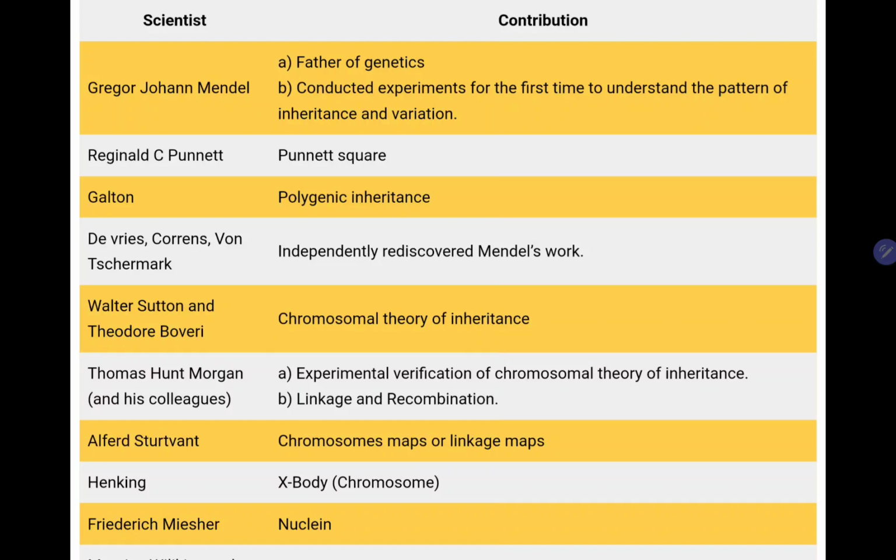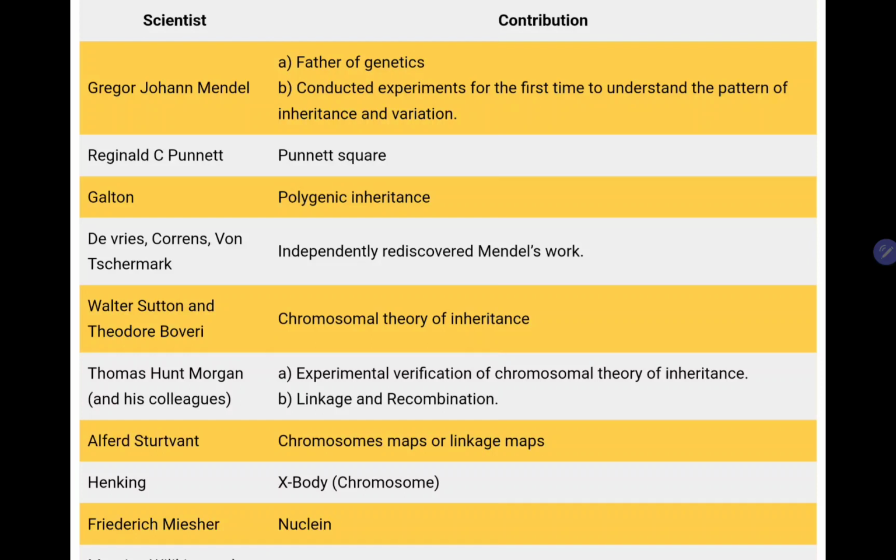For the first time, he combined statistical and mathematical analysis with biology. And he is the one who described Mendel's laws. We have three Mendel's laws. The first two are from the monohybrid cross: the law of dominance and the law of segregation. Even the law of purity of gametes comes under the law of segregation. And for the dihybrid cross, it is the law of independent assortment.